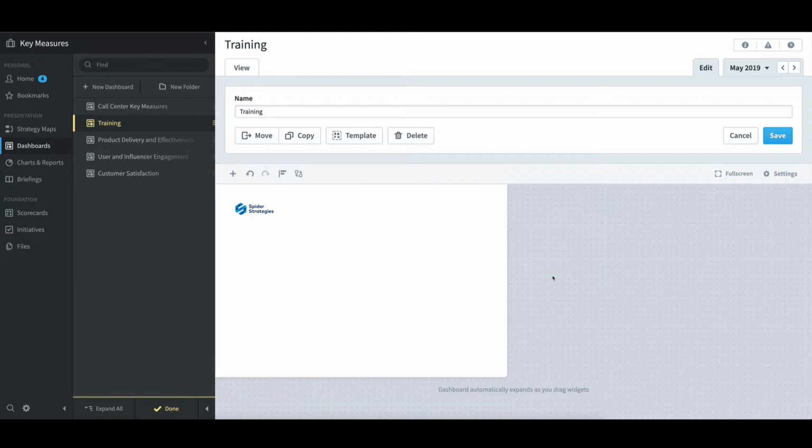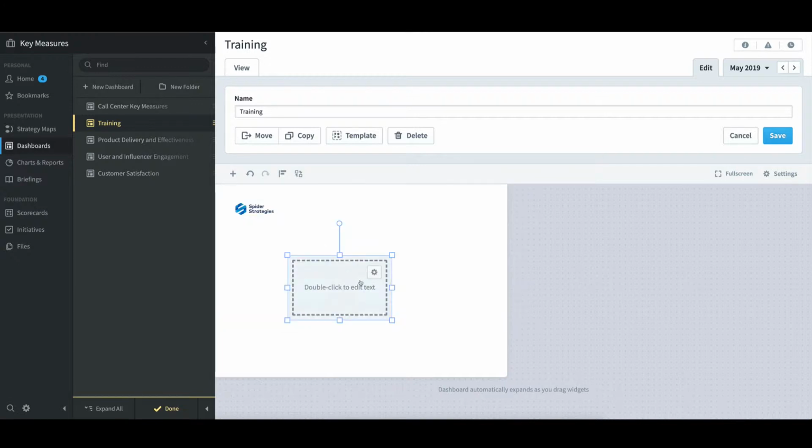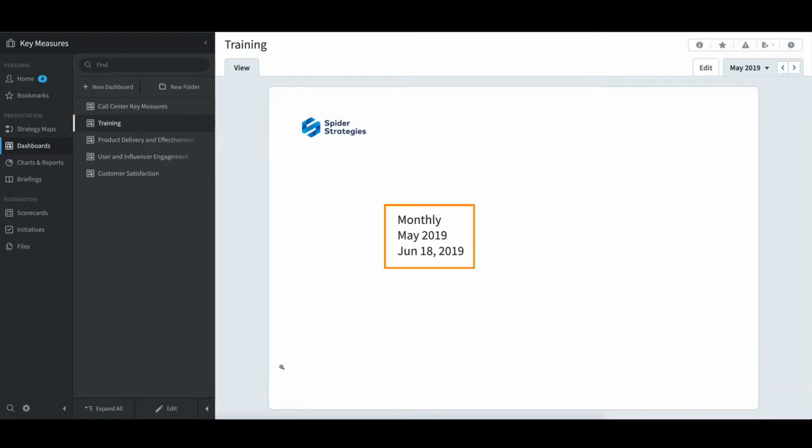Next, I'll illustrate that a few functions can be used in dashboards that dynamically update. Once again, I'll select the plus icon and then this time select the text widget. I'll double click and I'll enter the functions calendar, calendar dash period, and today, and wrap each of those in brackets. I'll select Save and then Done to see those values automatically update for today's date and the periodicity I've selected